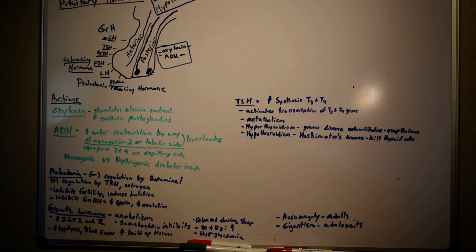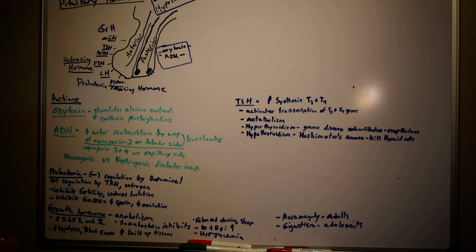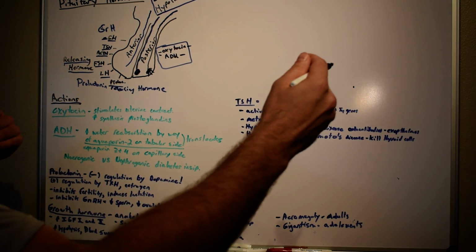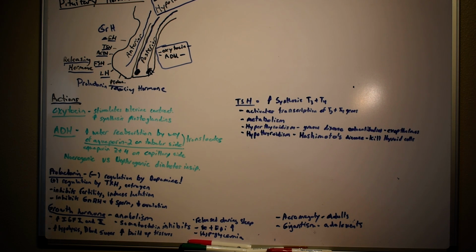But in the first lecture, we started on some basic ones, our posterior ones, and then a couple of our anterior ones. So our posterior ones, I said, were oxytocin and antidiuretic hormone, okay? So oxytocin, we always have to keep in mind the major overarching theme of our hormone when we're talking about these, right? So big picture, what does oxytocin do?